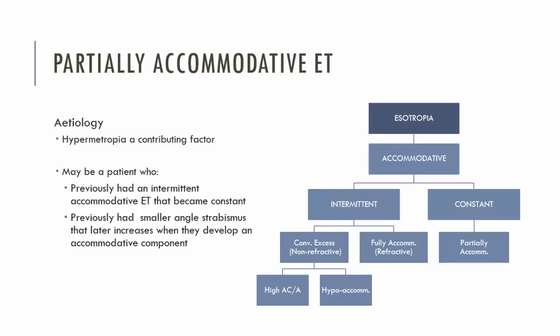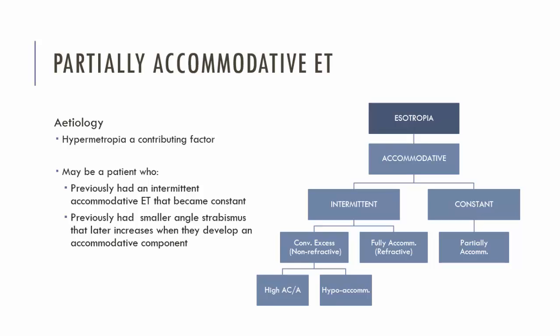You will not be able to fully correct it as you do in fully accommodative esotropia, only partially, because hypermetropia is not the sole reason for the deviation being present. There are other factors there, anatomical, static, kinetic factors that are leading to this deviation, but part of the etiology